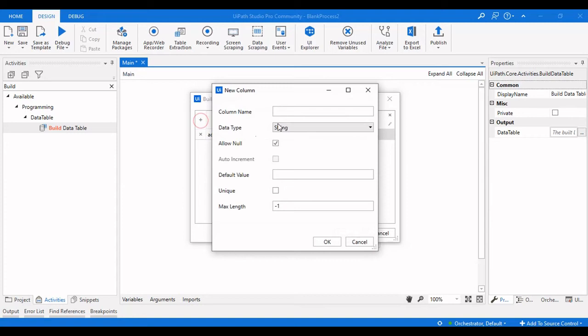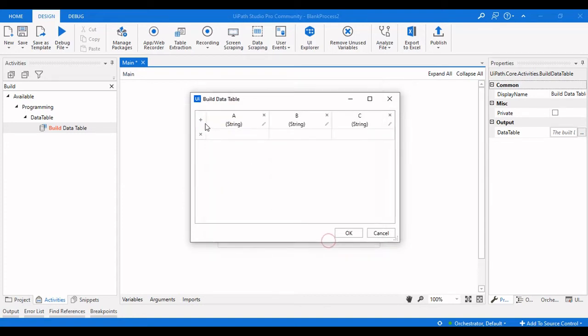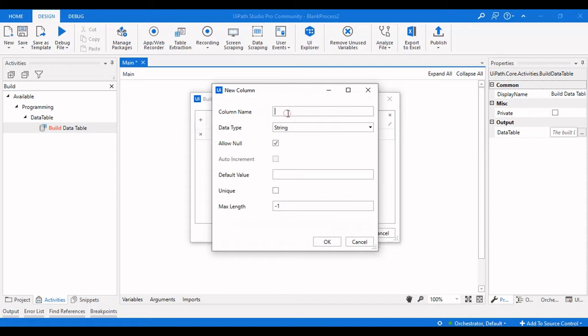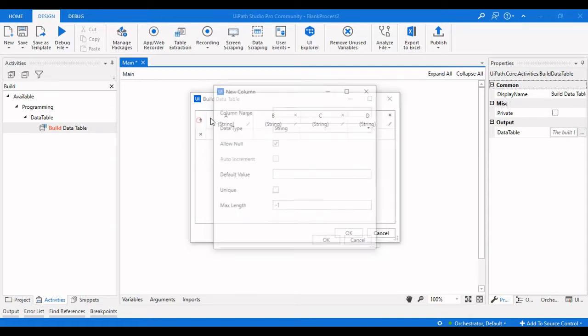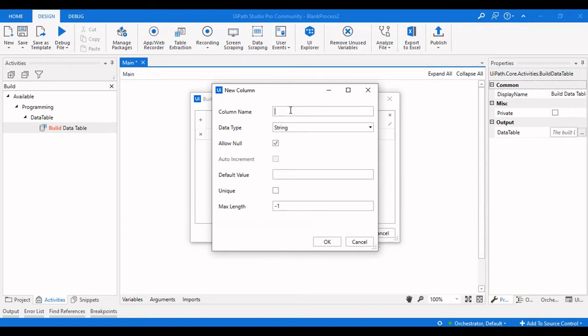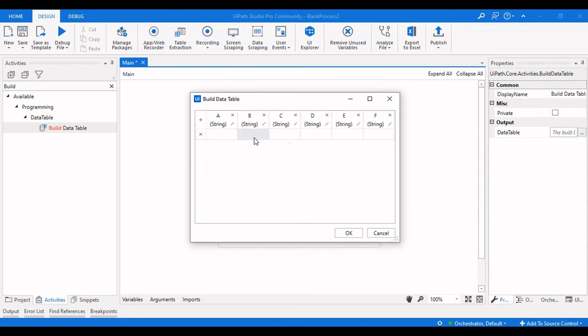Let me add some other columns here, C and string, D as well, E and F. So this is our data table where we have columns up to F.